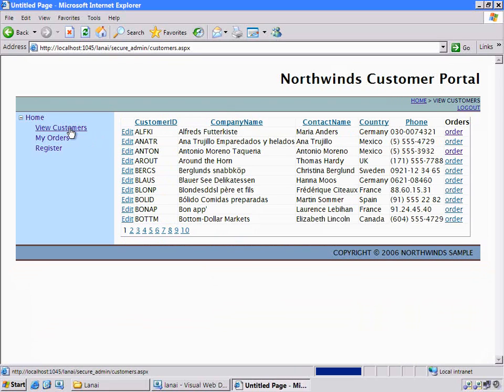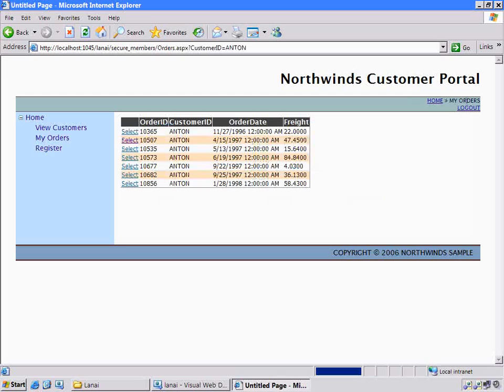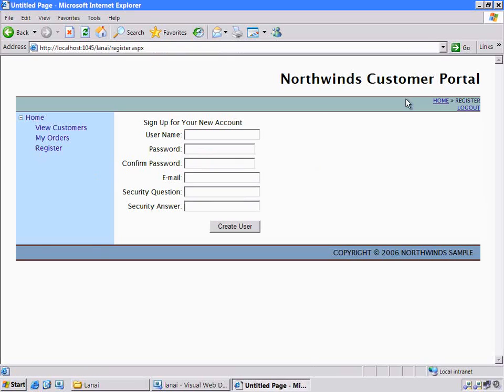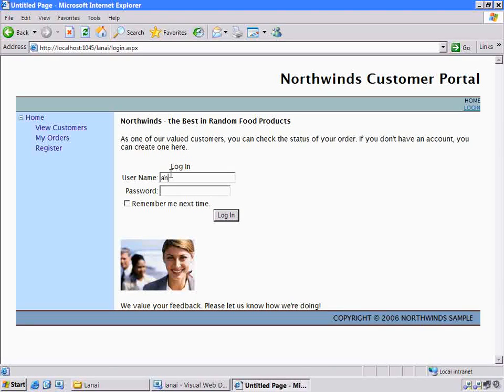And you can see I can view the customers, and it shows where I am on the site. If I go into order, the sitemap path works, and I can go into register. All that works great. Now the only problem with this, let me go back home. If I log in as that Anton account,